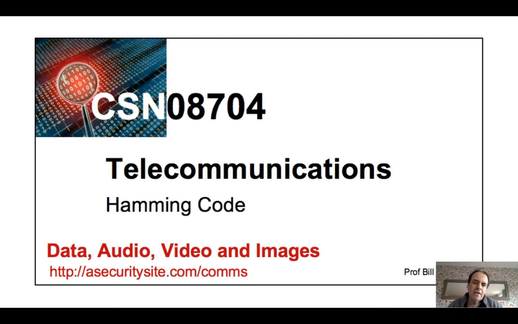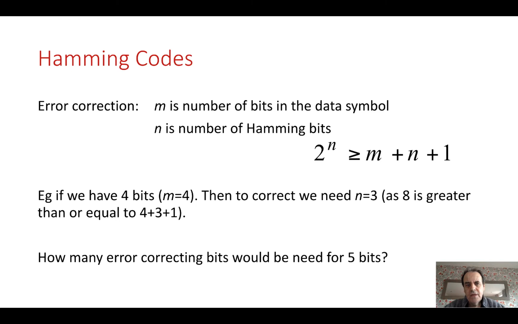And now let's look at a code that is able to not only detect errors but then correct them. And that's known as a Hamming code. So with Hamming code, what we have is the number of bits in the data symbol that we send, and then the addition of a number of Hamming bits that are required to be able to create our code. Okay, so in this case, if we have four